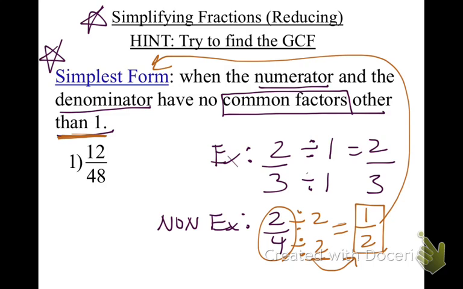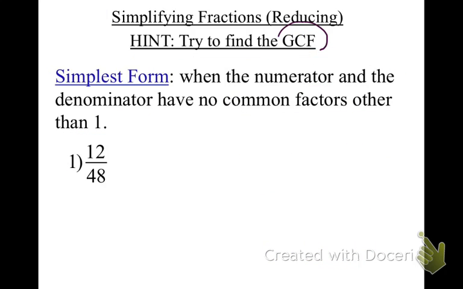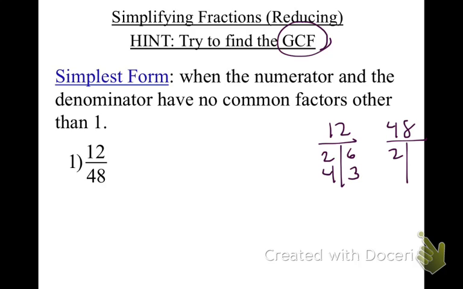Once you have that all written down, we're going to try to do number 1 and see what we come up with. And remember, take a look at our hint. What is our hint asking us to do? My hint is telling me, let's try to find the greatest common factor. So if I do a quick little chart of 12 and 48. Looking at 12, I think of 2 and 6, 4 and 3. Nothing else works. Now 48, let's try a different color: 2 and